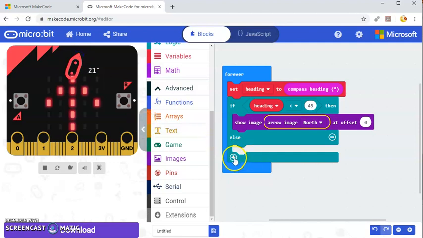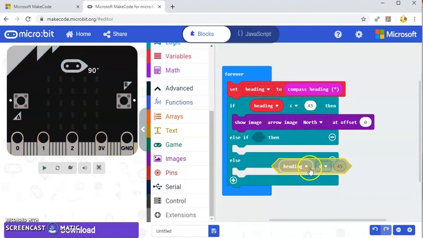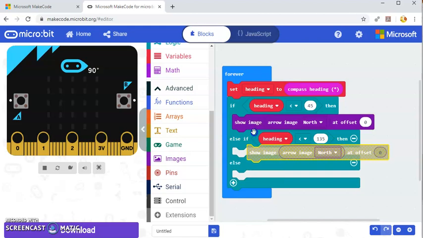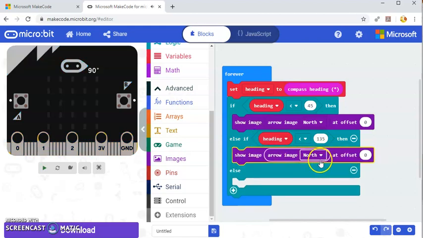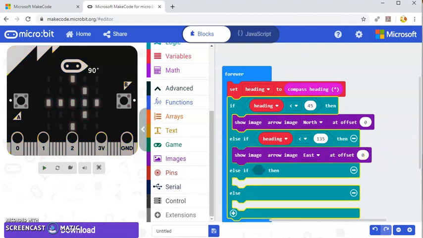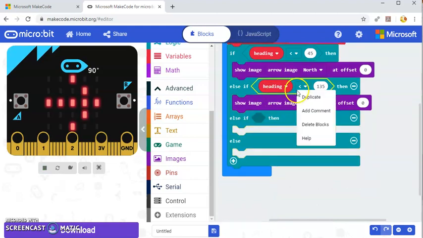Now I want to construct another if statement. So if I just right click on this and duplicate, so I'm just going to pull that up here, and I'm making that 135. So if it's between 45 and 135, then I want to show the east arrow. Again, I'm just going to create another else if. So I'm putting in nested if statements here. So I can duplicate this,